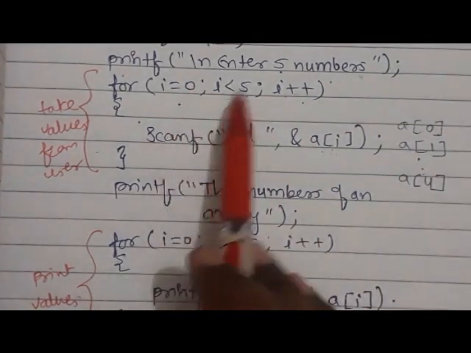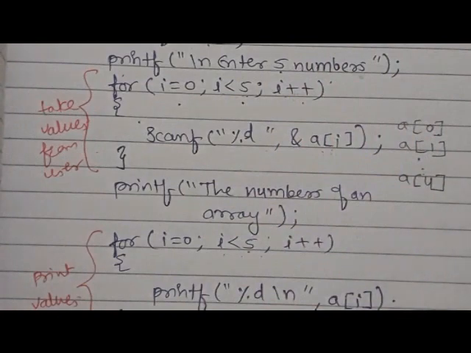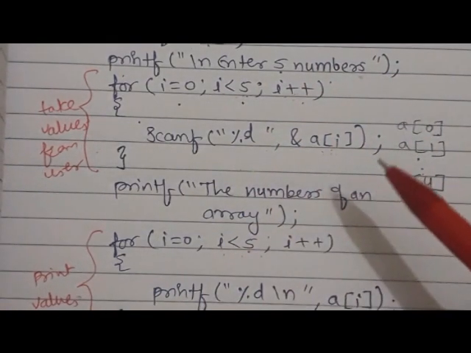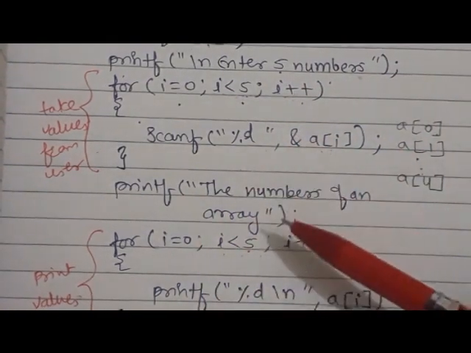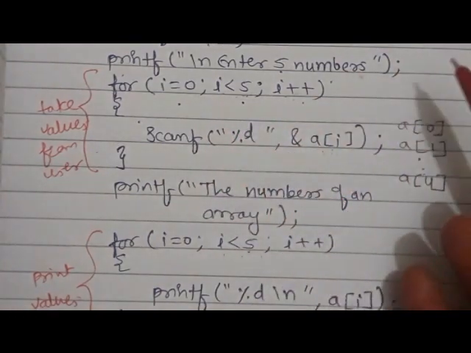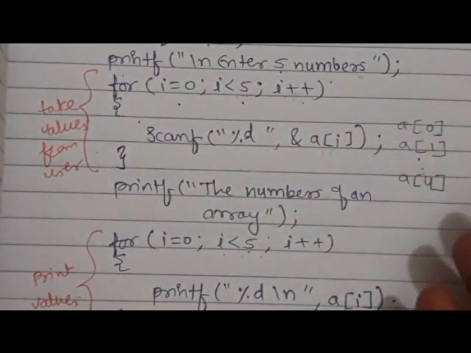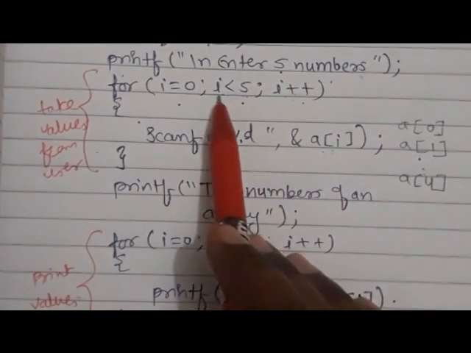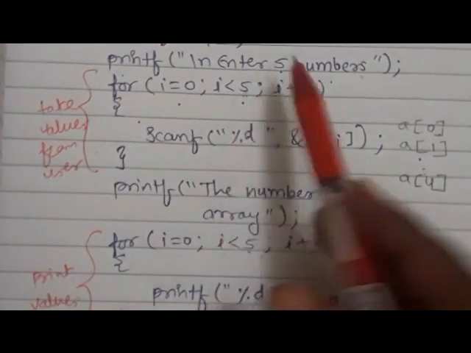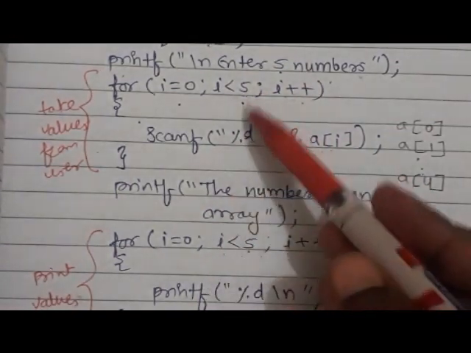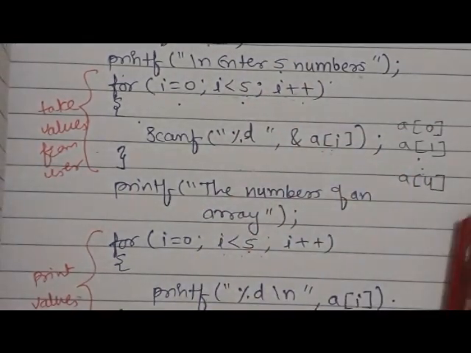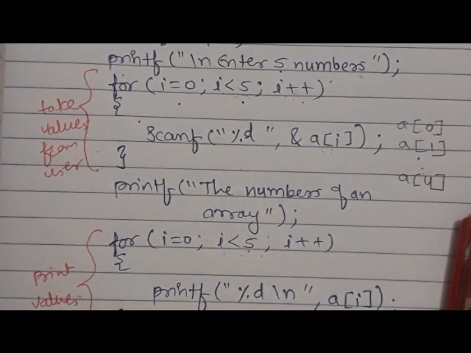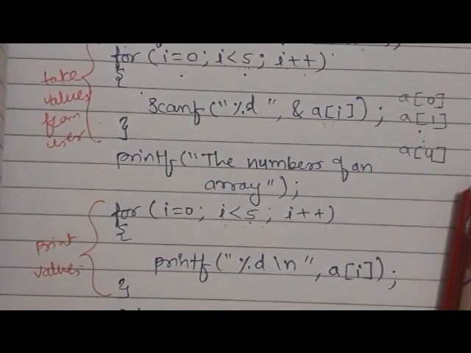Here I have taken the I variable, you can take another variable, but whatever the size of the array is, if it is 10, you have to take 10 values from the user. Then in that case, you will write I is less than 10. So on both sides, you have to write the same values. So in this way, we can take the input from the user. Thank you.